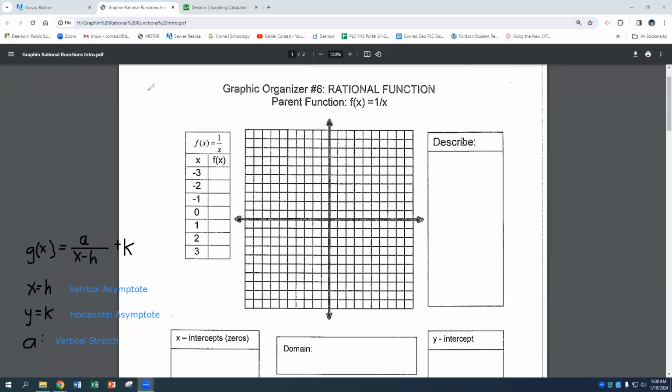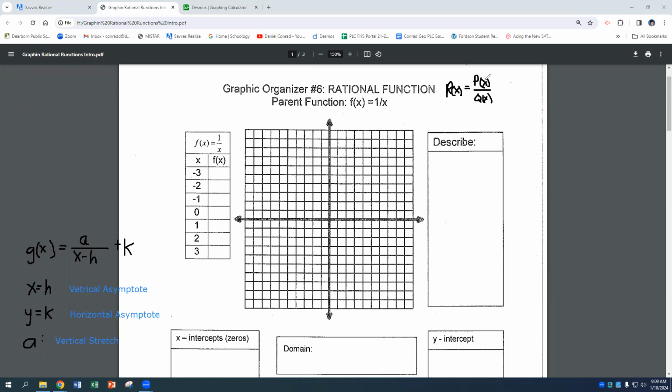Right. This is an introduction to graphing rational functions. So our most basic rational function, or what is a rational function? A rational function is basically made of two parts. We can call this P of X. We can call this Q of X on the bottom. So it's basically a fraction